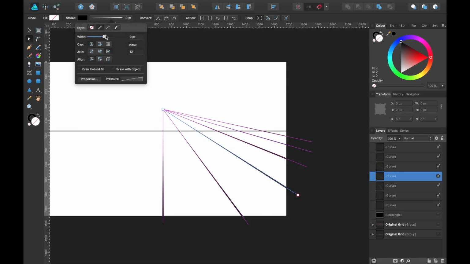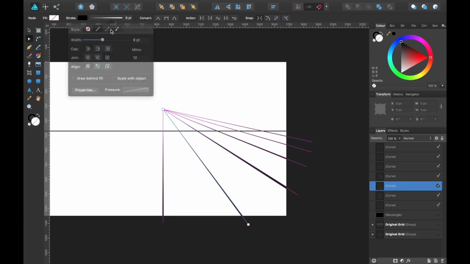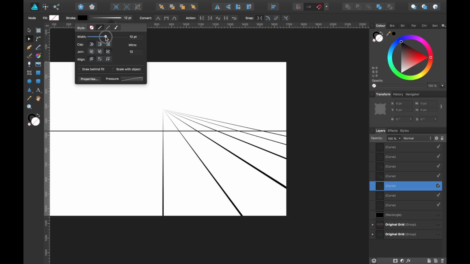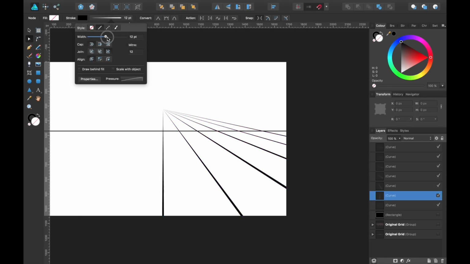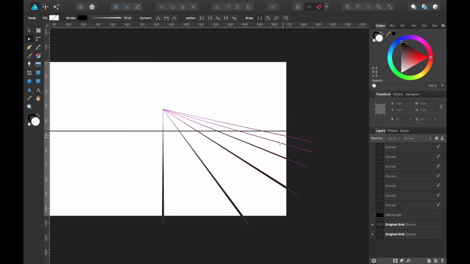Let's make that a little bit thicker, shall we? 13, that'll do. 14 for that one, and let's do the same with this as well. 14.